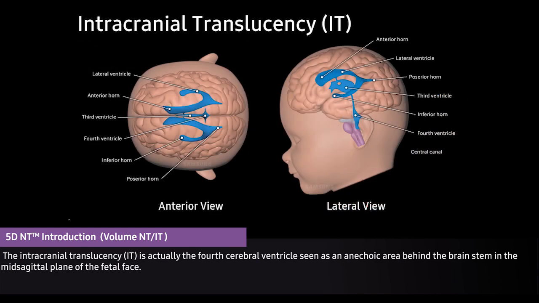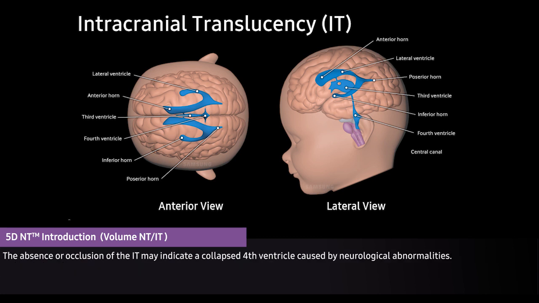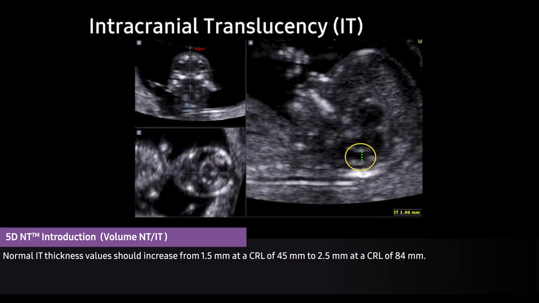The intracranial translucency IT is actually the fourth cerebral ventricle seen as an anechoic area behind the brainstem in the mid-sagittal plane of the fetal face. The absence or occlusion of the IT may indicate a collapsed fourth ventricle caused by neurological abnormalities. Normal IT thickness values should increase from 1.5 mm at a CRL of 45 mm to 2.5 mm at a